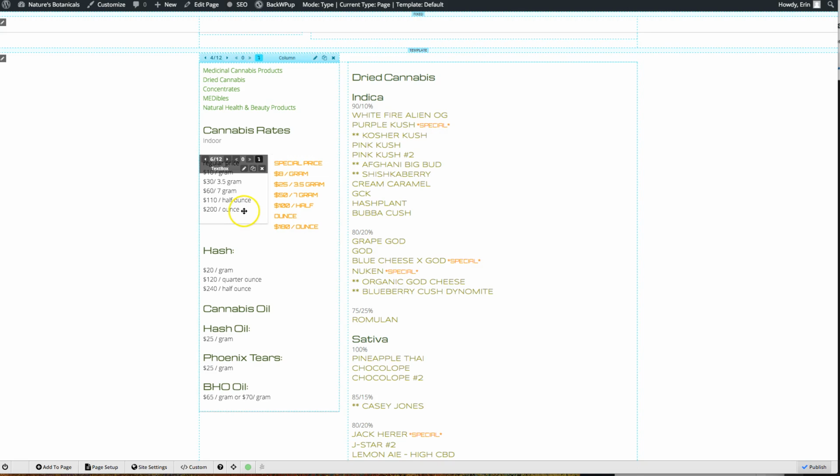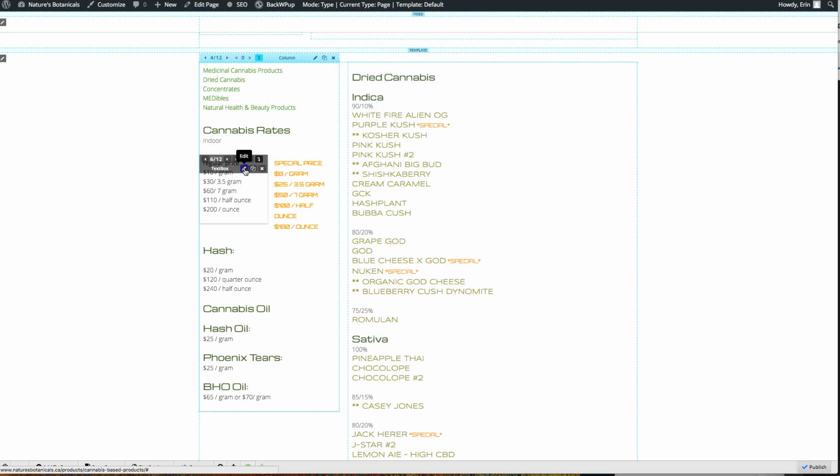You may also need to work on these little bits on the side here, maybe not the menu so much, but these prices may change. So let's real quickly just go into the text box here. You'll see this is all in a column, and the column holds a number of different text boxes, and they're in different columns. So if you were to want to change $10 a gram here for regular price, you click